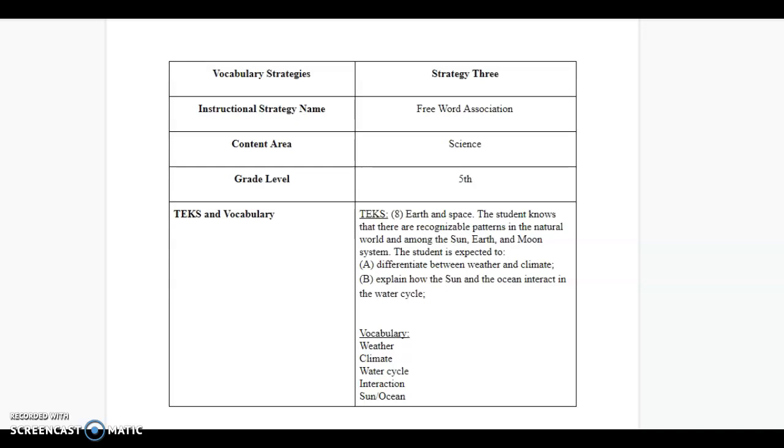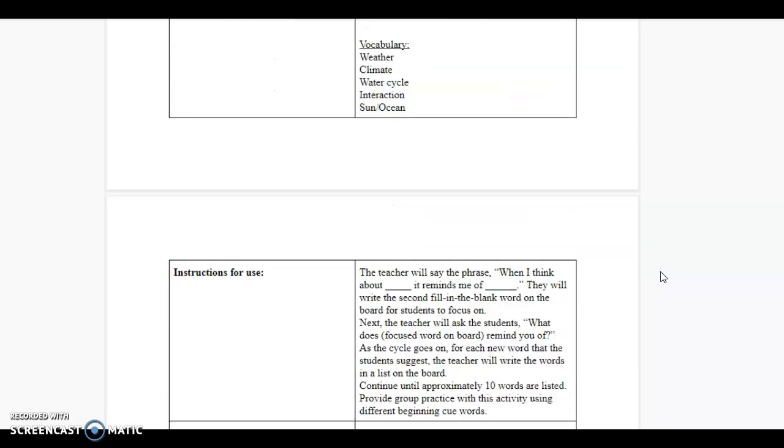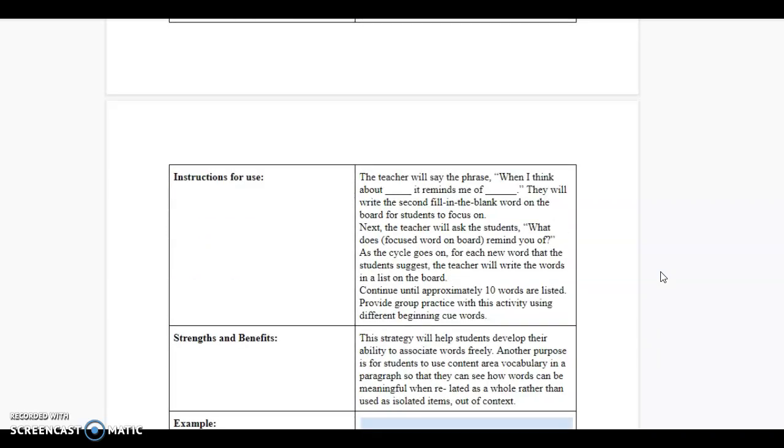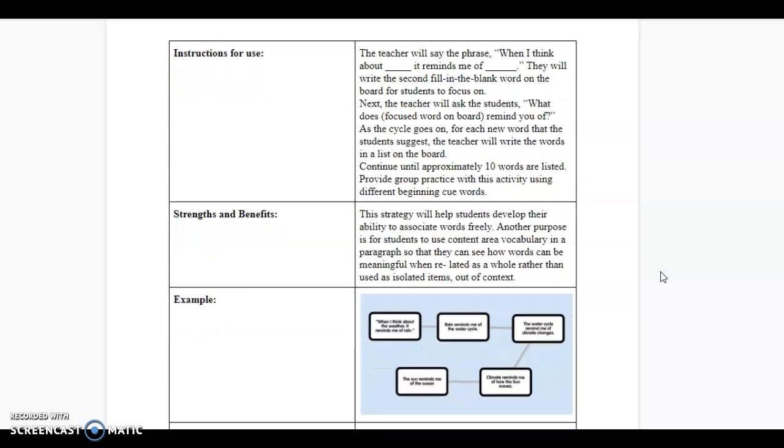I chose this strategy because it is very simple. It's very interactive between the student and the teacher in a class discussion, and I just really like where this could lead to. So basically, this strategy starts off with the teacher talking about a specific topic, and the teacher's